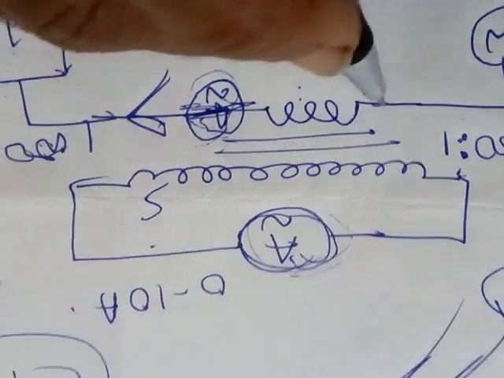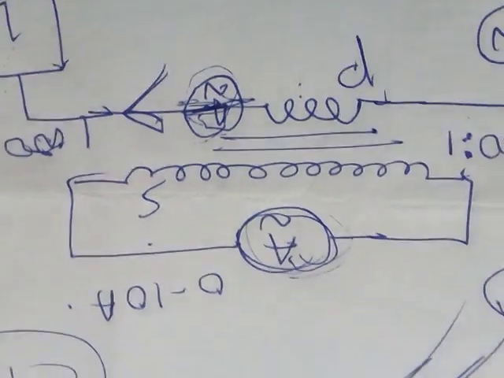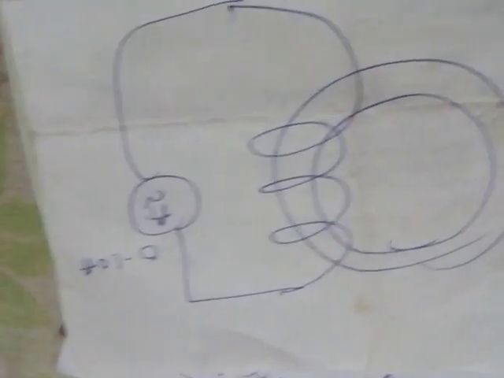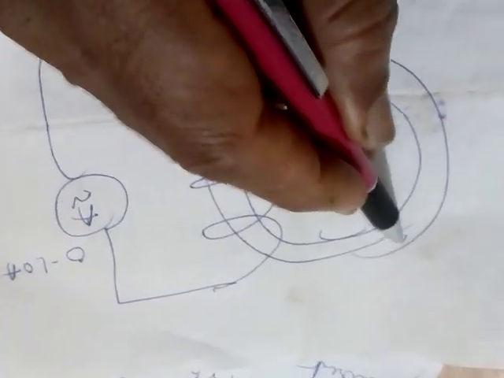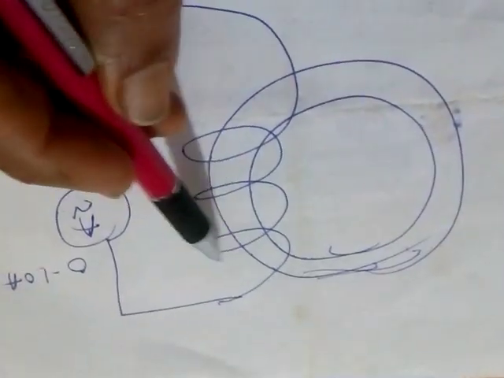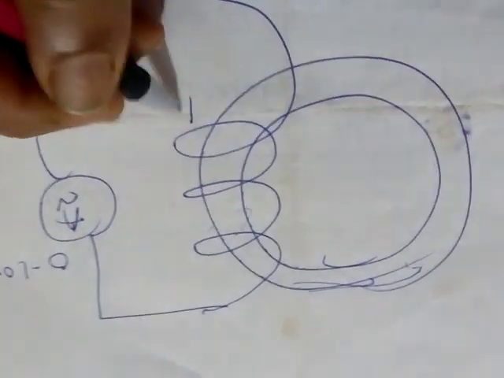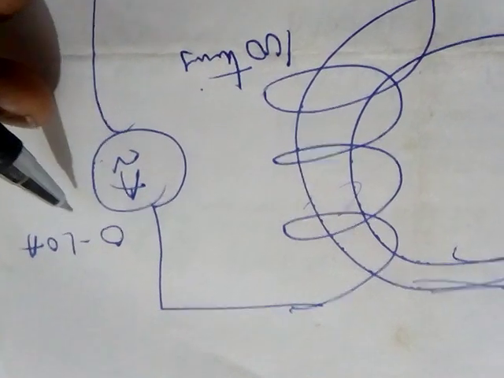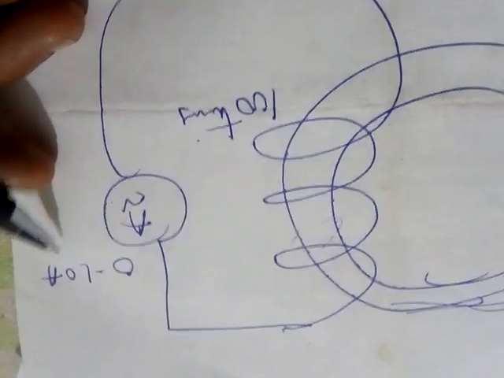Secondary side, primary side. Normally many CTs will be like this. It will have only a secondary. See, this is a core on which the secondary winding is wound. Say this is around 100 turns. A low range ammeter, 0 to 10 amperes, is enough.